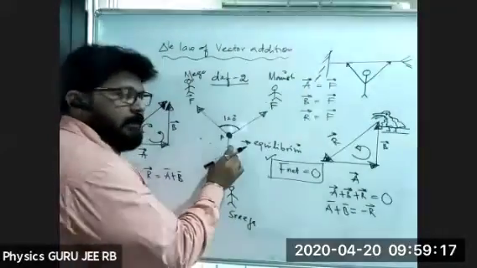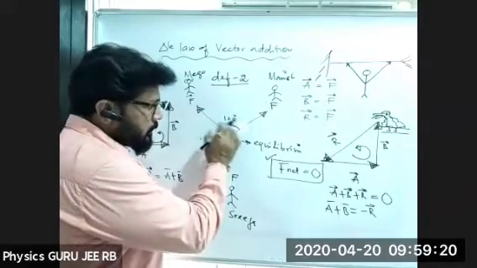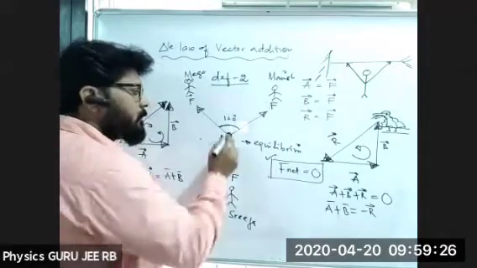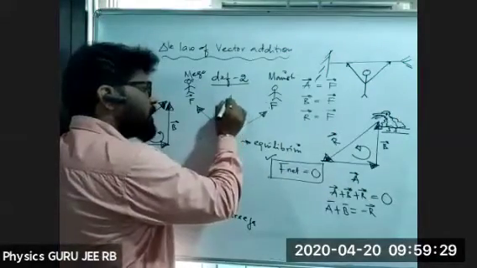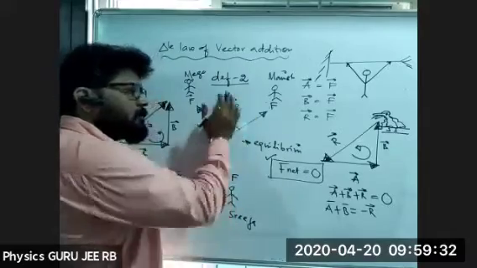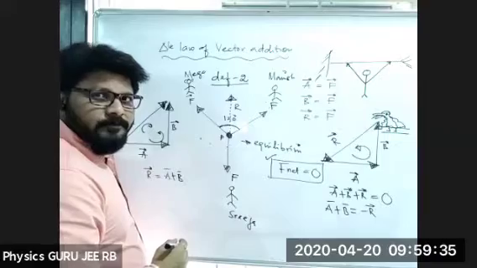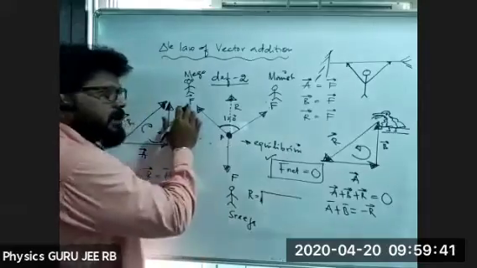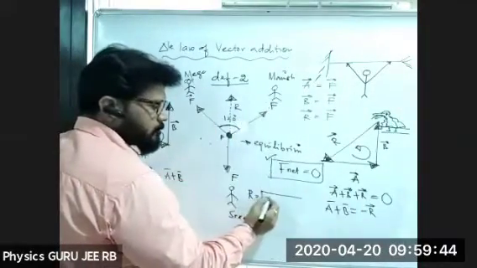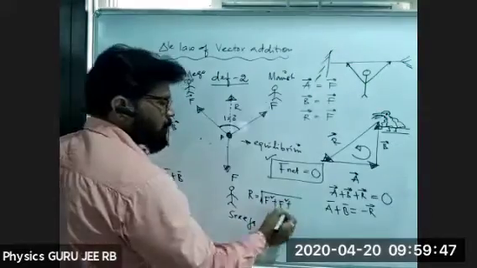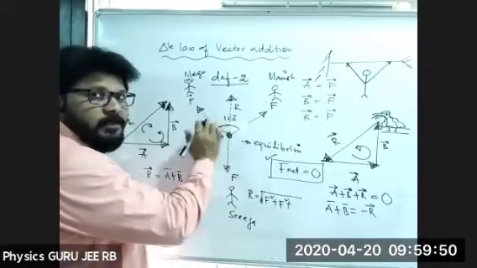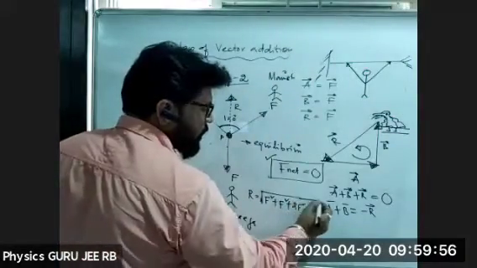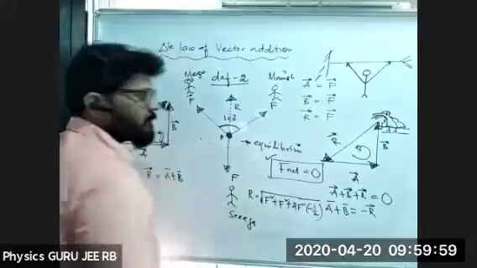Okay. Now, if I take here this part, I'm taking the angle 120 degrees between two vectors. Then the resultant of these two can be calculated like this. This is nothing but resultant by using parallelogram law of vector addition. R is equal to under root of F square plus F square plus 2F square into cos of 120. Cos of 120 means minus 1 by 2.